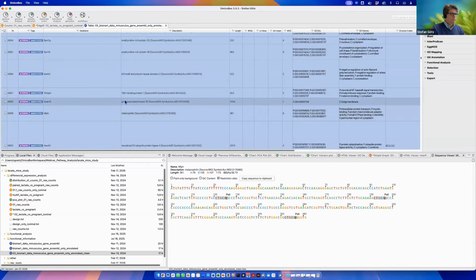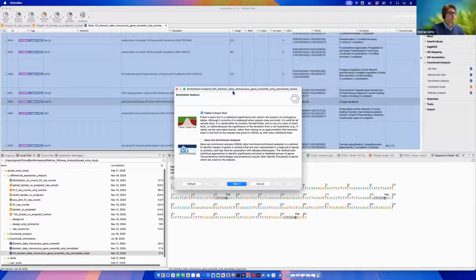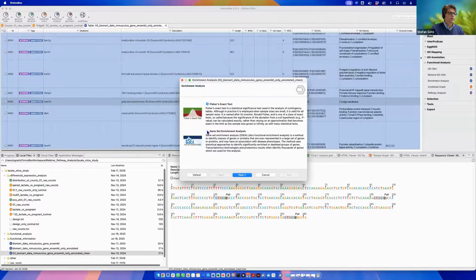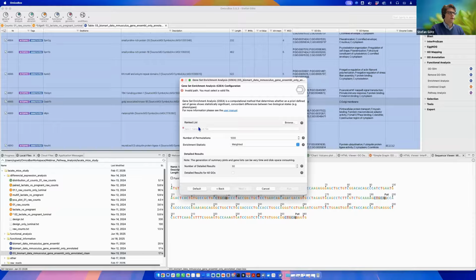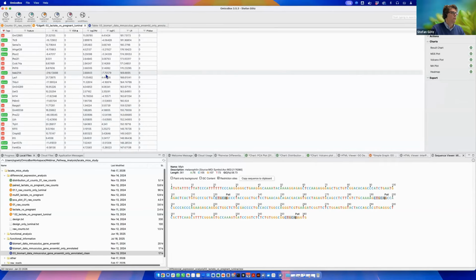So now what I can do is go from the side panel directly into my enrichment analysis, for example, and I can pick a Fisher's exact test or gene set enrichment analysis, and I hit run, select my ranked list, take these annotations here, and then run it. But I could also go directly from my paired end result, and I can go into the actions,